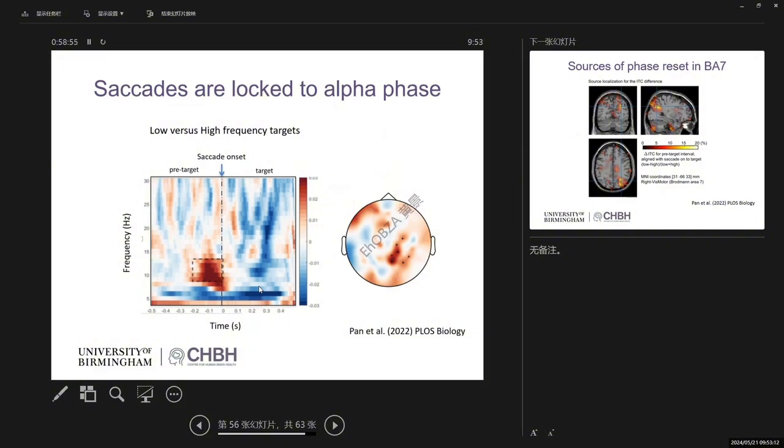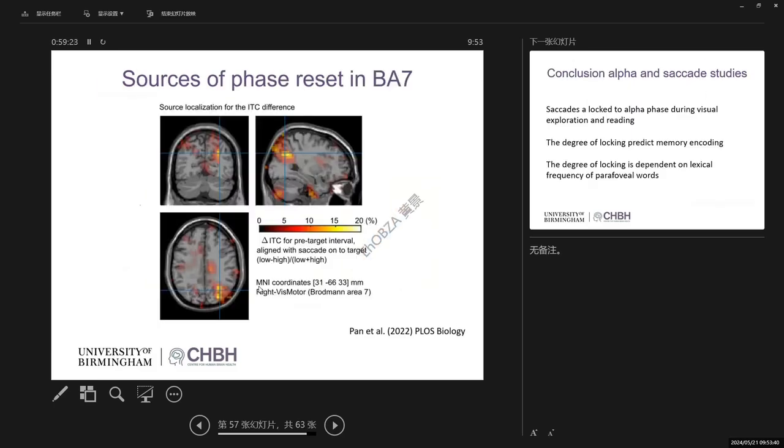I should also stress here that saccades are not rhythmic, right? But the saccades are locked to ongoing oscillations, but not every cycle, right? So there might be 3 cycles, 2 cycles, 4 cycles between each saccade, right? But when you saccade, the oscillations provide a window of opportunity for when the saccade can be released, if you will, right? So in this case, the effect localizes to right posterior regions, Brodmann area 7. So this is also a region that has been involved in saccade planning.